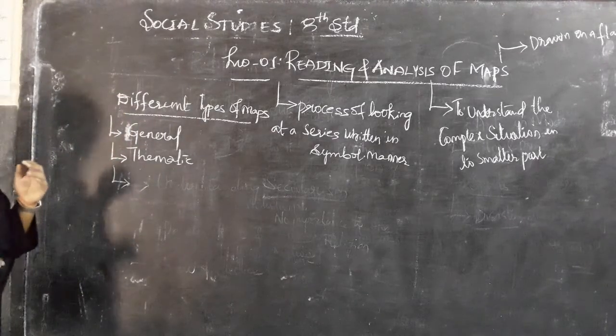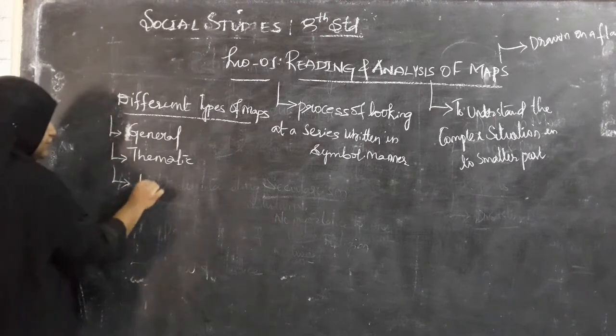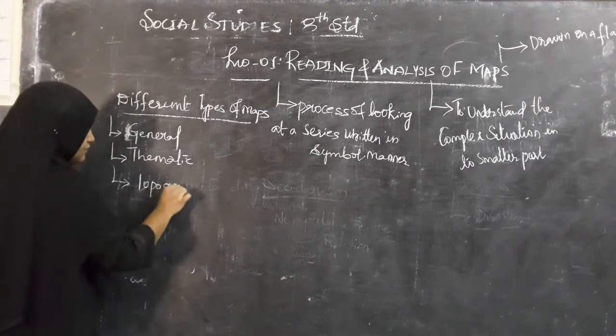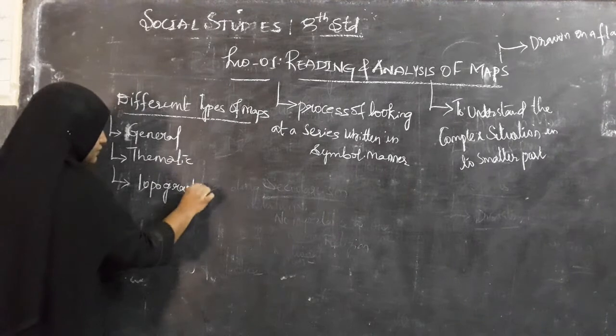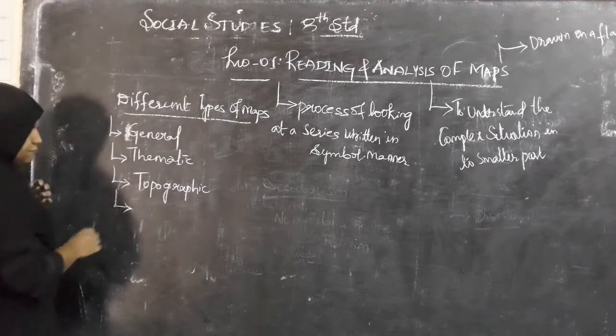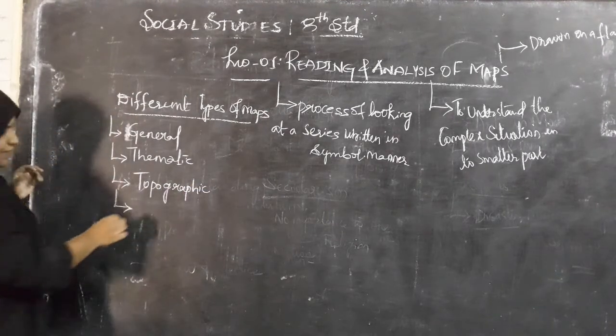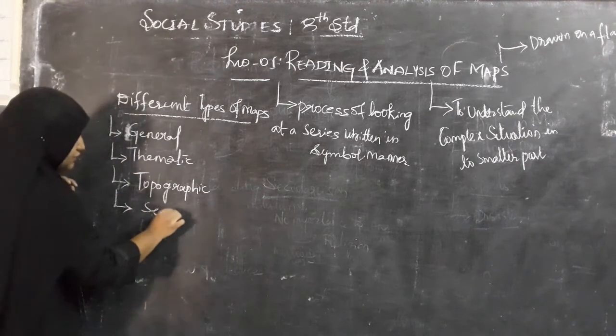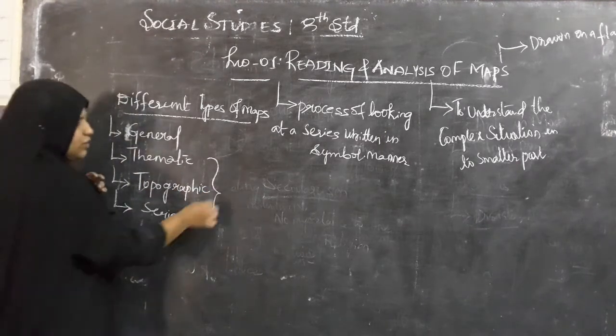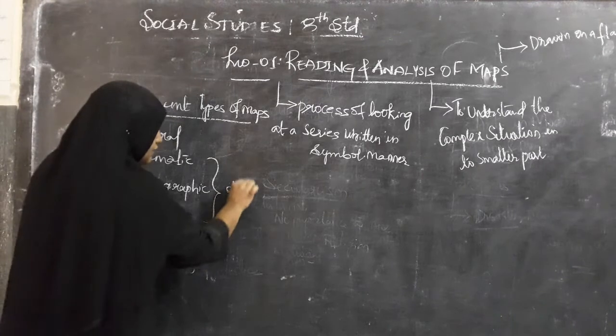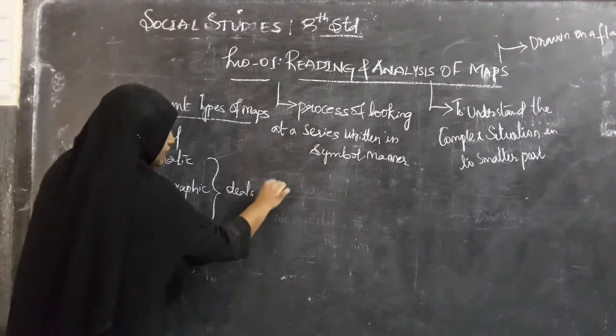Next we have a topographic map. Next we have a series map. All these three are interrelated. It deals with one particular